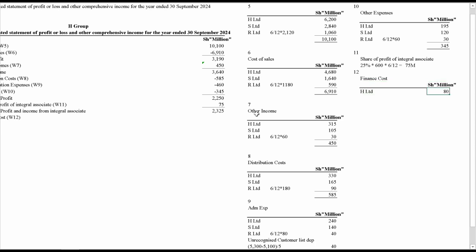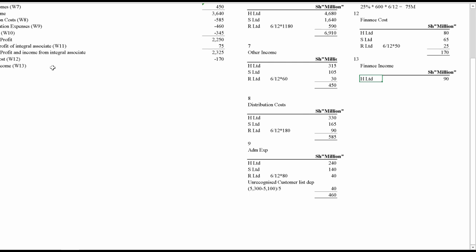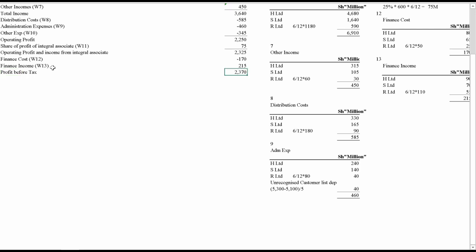Then we have to subtract the finance cost as our working total. We consolidate that, which is H Limited, the S Limited, and also the R Limited. So we add the finance income, we consolidate it, working 13. So for H, 90, S 70, R for the 6 month, we get the 215. So profit before tax, when you subtract that, and you add and subtract finance cost and income,